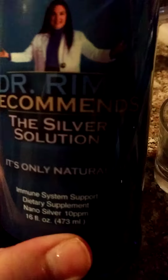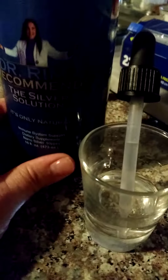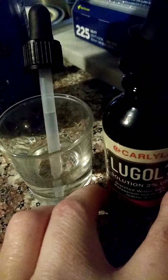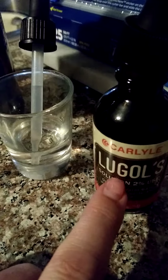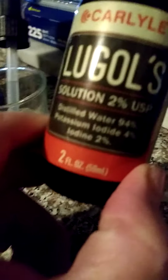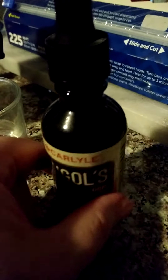This is a nano silver solution. It's a specific one right here that has been shown to prevent virulent viruses from attaching to cells. Yay! That's why I'm taking this. I'm also taking a very basic vitamin regimen that was put out there by a biological engineer who also happens to be the same person who invented email. And part of that regimen is this specific brand, which I didn't know till after I ordered it that I ordered the right brand. But it was the only one that I found that had both iodine and iodide. The purpose of this video is not to talk about those supplements, though, but this particular bottle here,